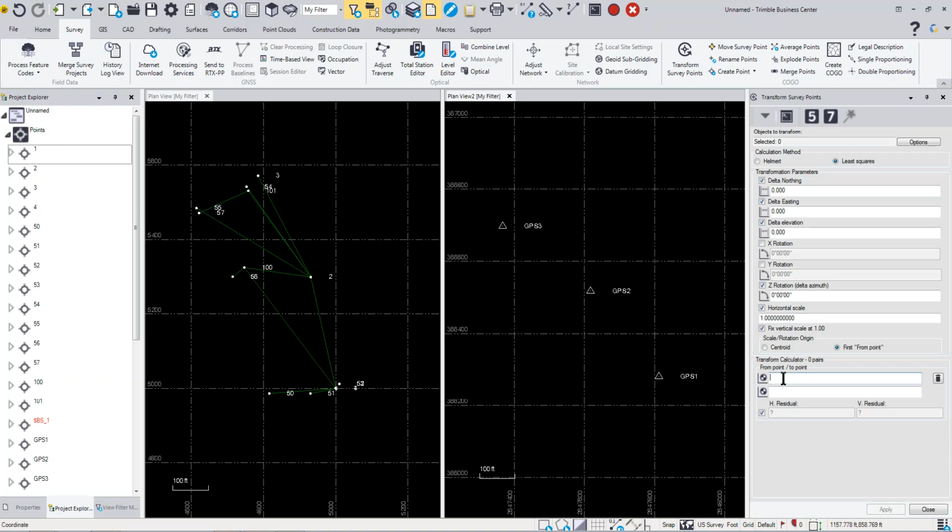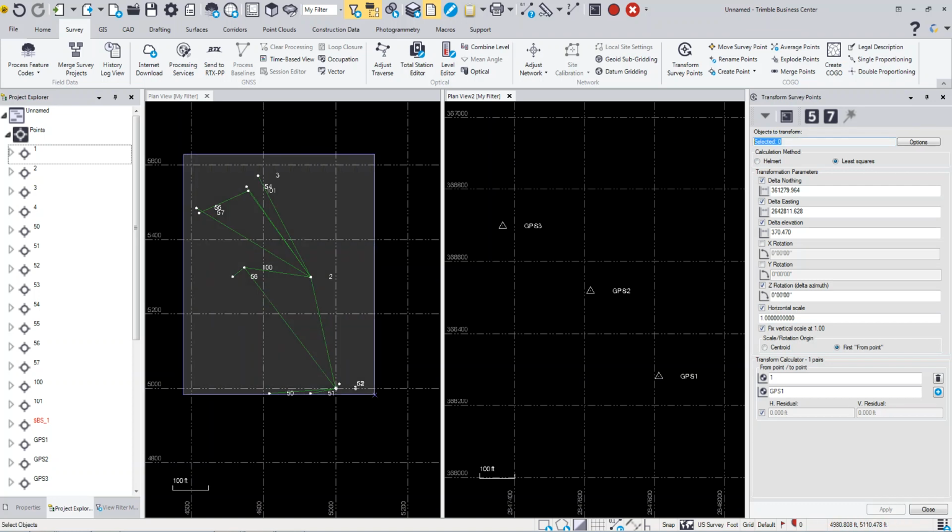and then down here you basically pick your pairs. So you can pick from the screen, or from here I can type in I want to go from point 1 to GPS point 1. So I can just type it in, and when I hit tab you'll see that it calculates the delta northing and easting information. Now I also want to make sure that I select the points I want to move,